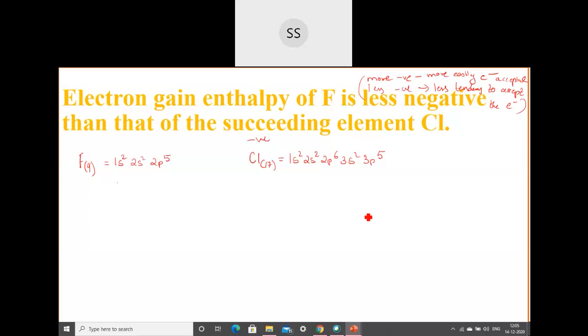If the electrons are repelling each other, there should at least be some other orbital where they can adjust themselves and localize in such a way that they go to a maximum distance and stay there. That is not possible in the fluorine atom. Whereas in the chlorine atom, they undergo repulsion, but there is a 3d orbital present afterwards, and it is empty. So even though they experience interelectronic repulsion, the 3d orbital is available, so they can expand their orbitals a little bit.